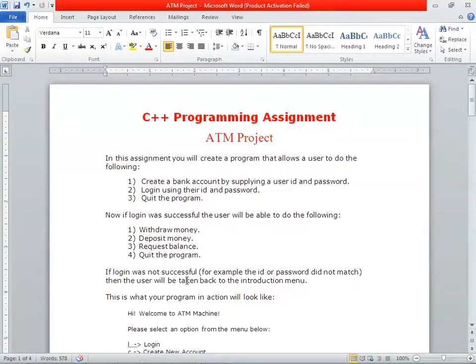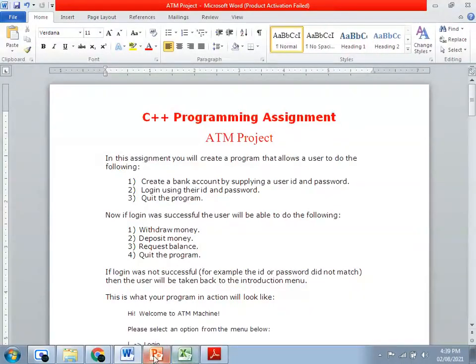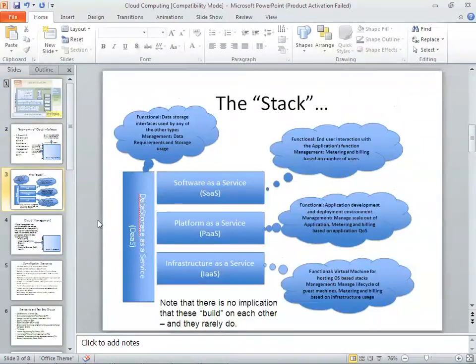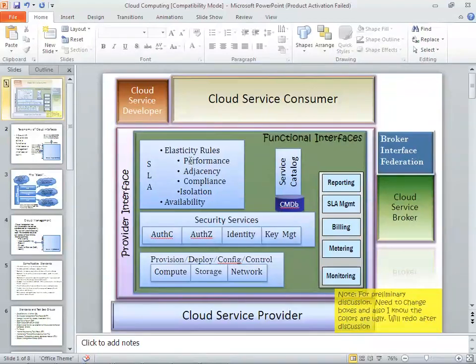Now we will see how to create the PDF of a PowerPoint presentation. So this is our PowerPoint presentation. In this we have a total of 8 slides. The same process we have to do here. We have to go to the File option. In the File option we have the Save As option.